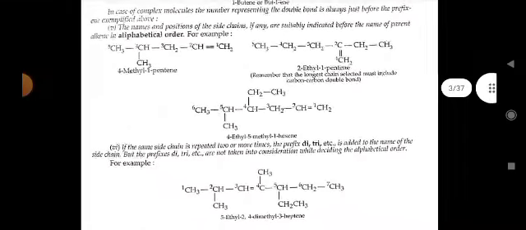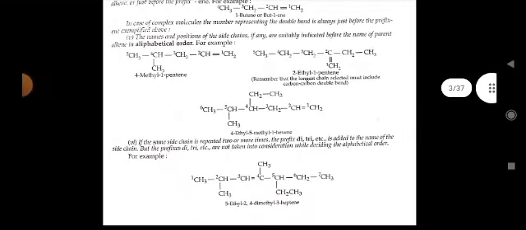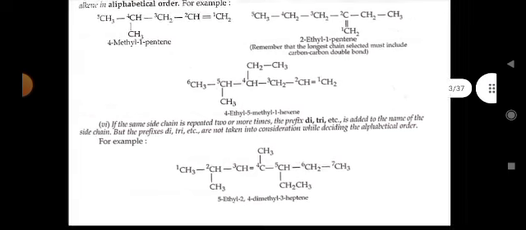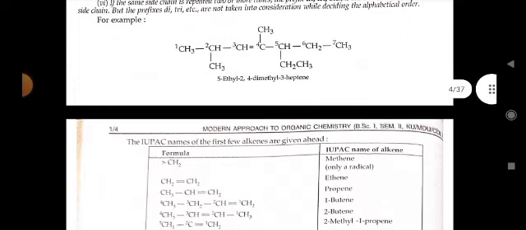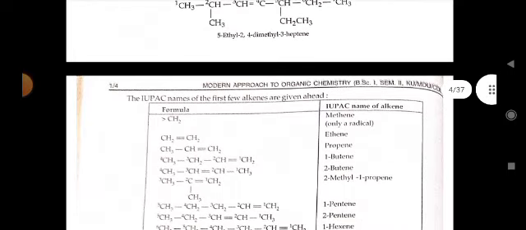If the same chain is repeated two or more times, the prefix di, tri, etc. is added to the name of the side chain, but the prefixes di, tri, etc. are not taken into consideration while deciding the alphabetical order. For example, 5-ethyl-2,4-dimethyl-3-heptene. The IUPAC names of the first few alkenes are given ahead: methane, ethene, propene, 1-butene, 2-butene, 2-methyl-1-propene, 1-pentene, 2-pentene,